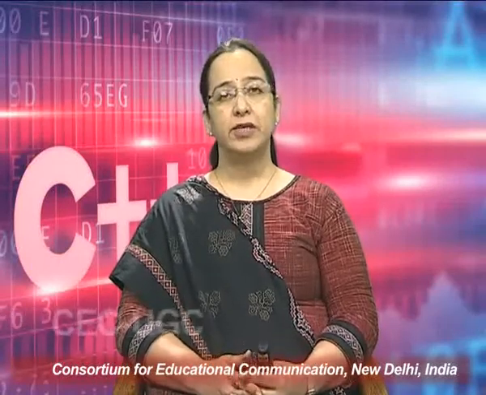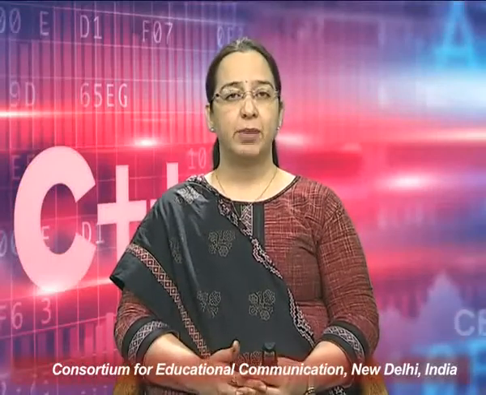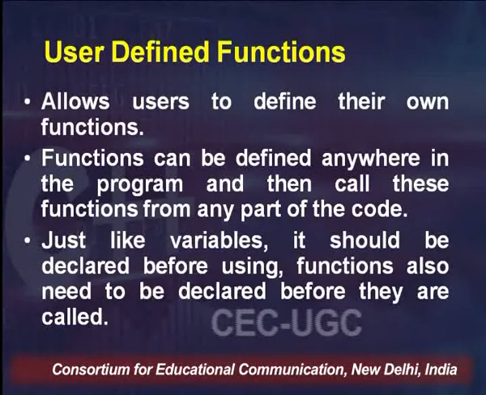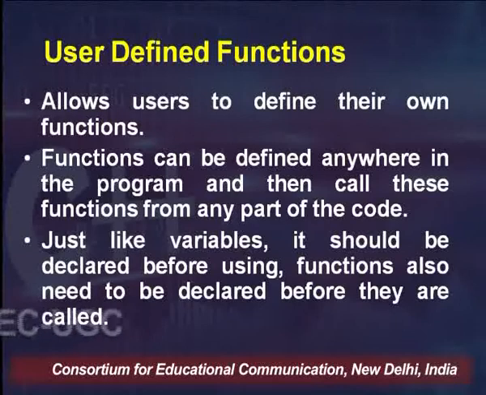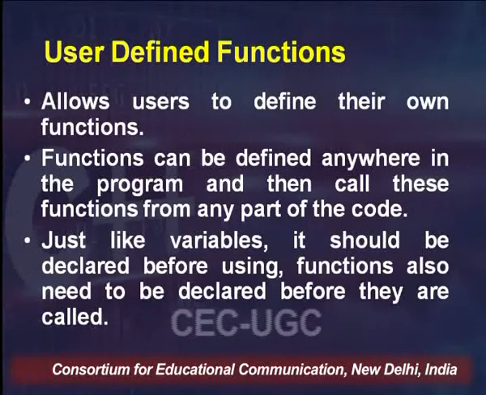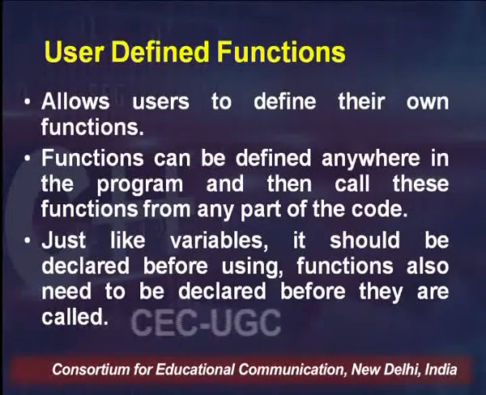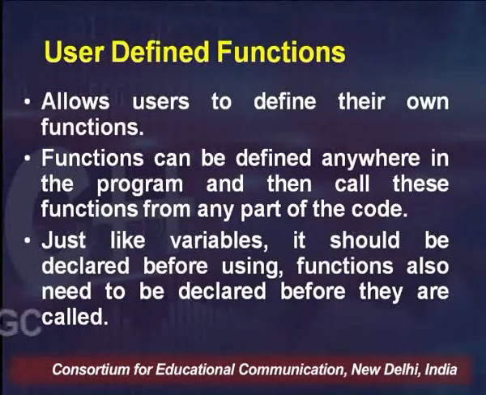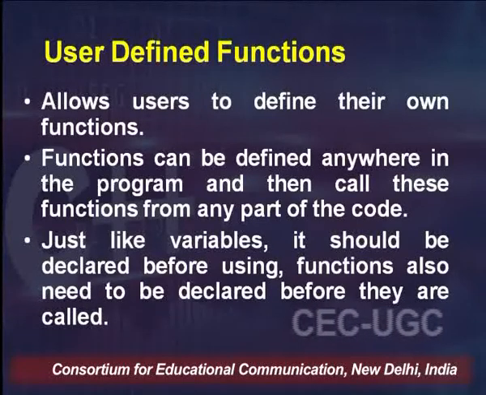So user-defined functions, as the name indicates, are functions defined by the user. C++ also allows the user to define their own functions, and these functions can be defined anywhere in the program, and then you need to call them from any part of the code. What do I mean by functions can be defined anywhere? These functions can be defined either before starting main or even after finishing the main function. So you can define them anywhere in the program, and then whenever you need them, you can call them from